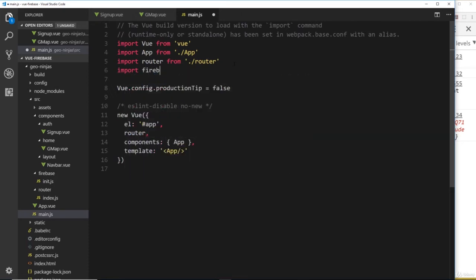Import Firebase from the Firebase library. Okay. Now what I'd like to do is use a method called onAuthStateChanged. Now that method will fire automatically as soon as Firebase knows whether we're logged in or logged out after Firebase auth has initialized. So at this point we're safe to render our Vue app, and we want to delay rendering